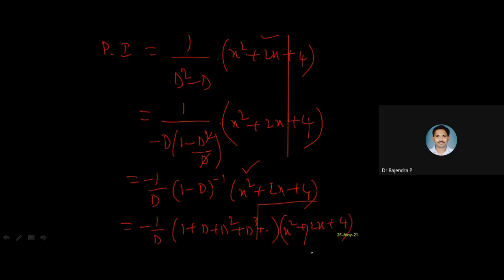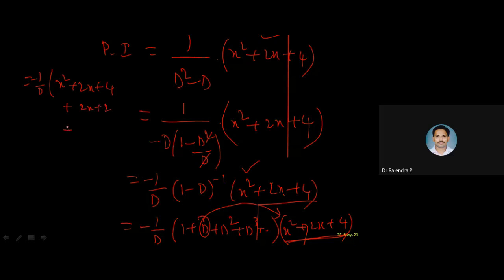Okay. Now what I have to do, this whole polynomial in x has to be multiplied inside your d's, right? So I will continue here, if you don't mind, 1 by d. And here I am multiplying 1 into this whole function. That will be x square plus 2x plus 4 plus. Now, derivative of that polynomial is what? 2x plus 2.